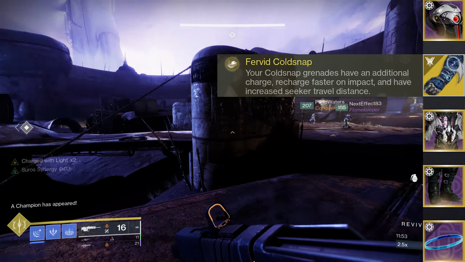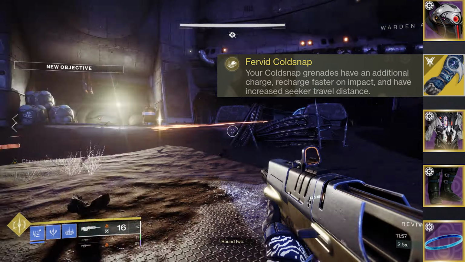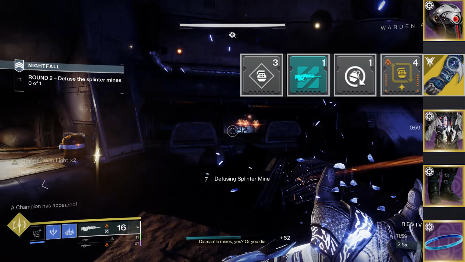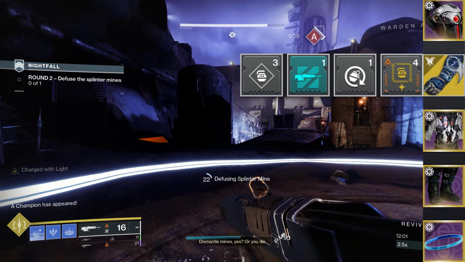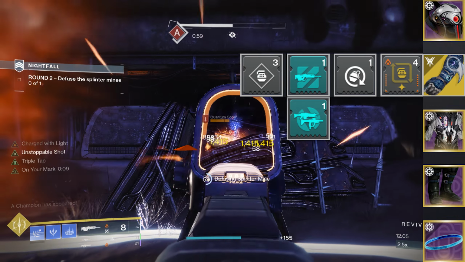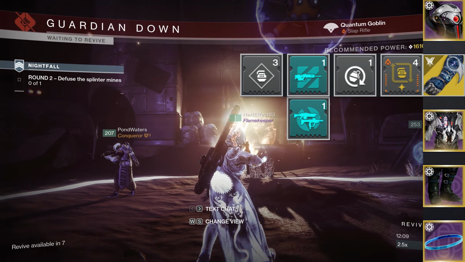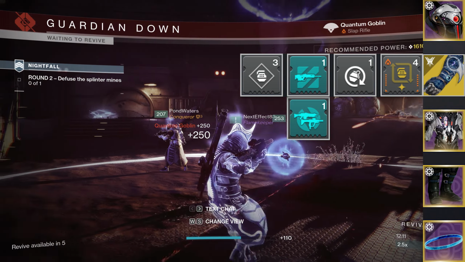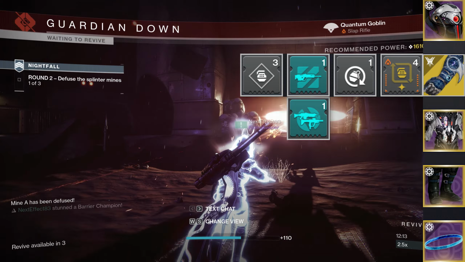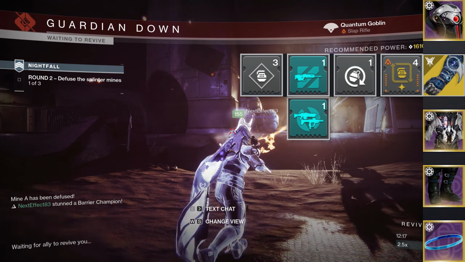The main thing we want from these is the extra grenade, although the quick recharge on impact does apply here as well. The mods I chose are a plus 10 discipline mod, an unstoppable scout rifle seasonal mod, which can be exchanged for an anti-barrier or overload seasonal mod, really whatever you want to use here. And then I have a fastball mod to increase grenade throw distance, and then I have a second firepower mod